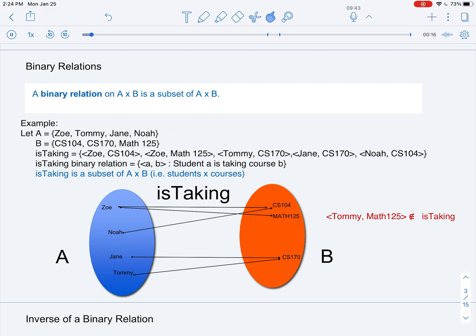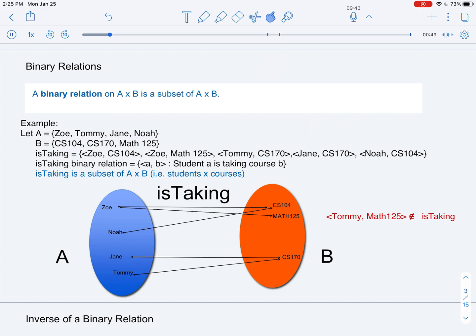So, let's look at this example again. We have two sets A and B. A is a set of students, Zoe, Tommy, Jane, and Noah, and B is a set of classes, CS 104, CS 170, and Math 125. We can see that is taking is a subset of the Cartesian product of A and B, so that's the students cross courses, and it is a binary relation, which is the ordered pairs A and B, such that student A is taking